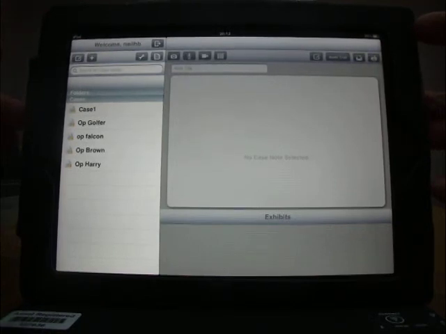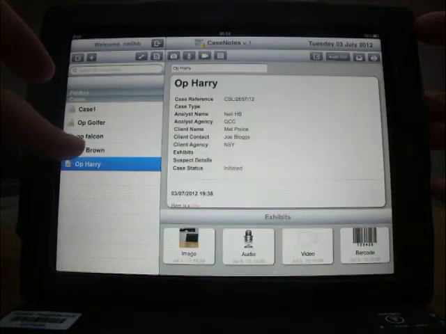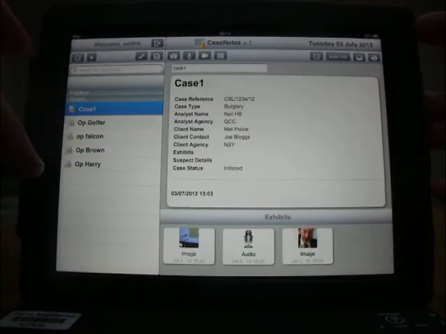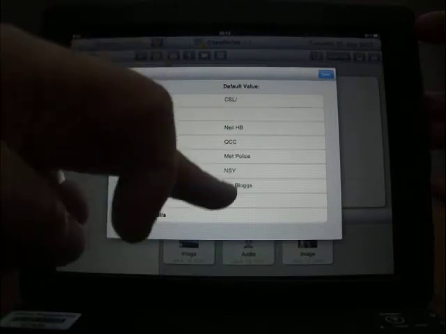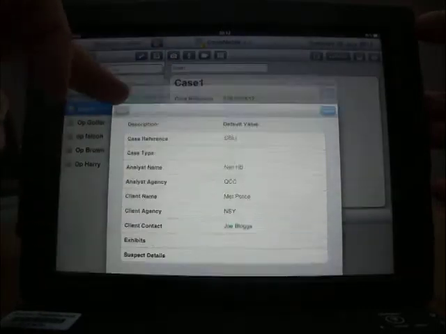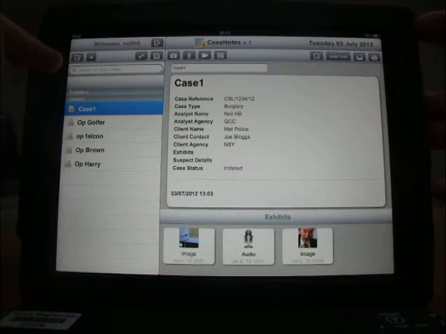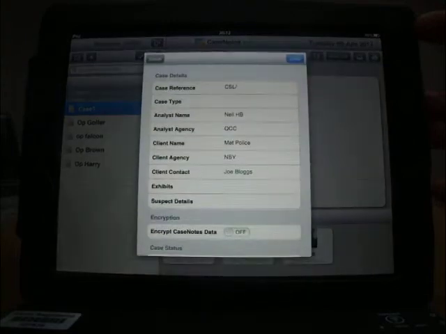application. On the left hand side we can create new cases, and we've got a list of cases here we can look at. We can create folders as well to store our cases in, and you can also set your preferences here by clicking the preferences icon. Set your defaults for the new cases, and you can also create templates here, which we're going to put in later, that functionality. So if I want to create myself a new case, I just press this, it gives me